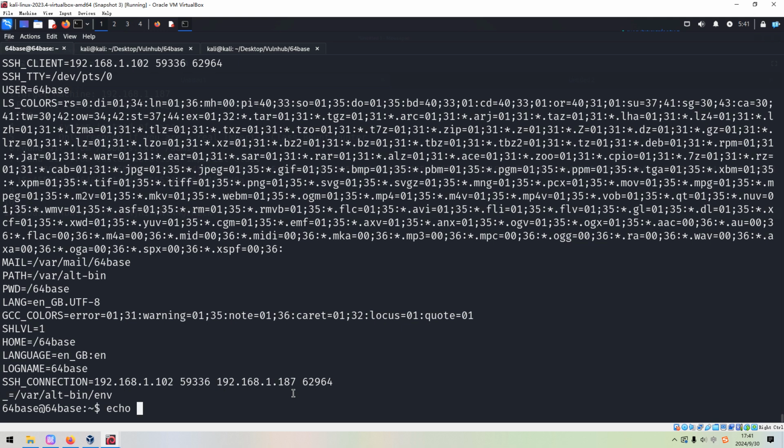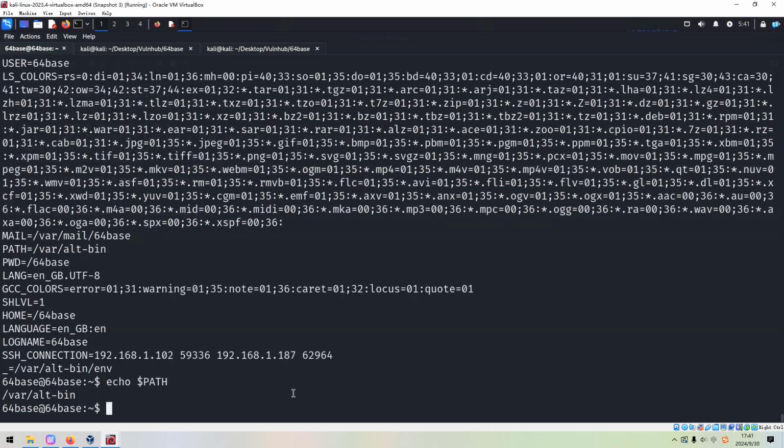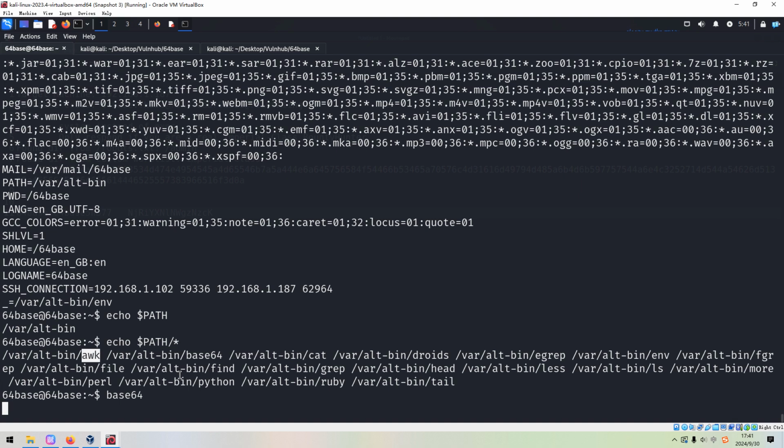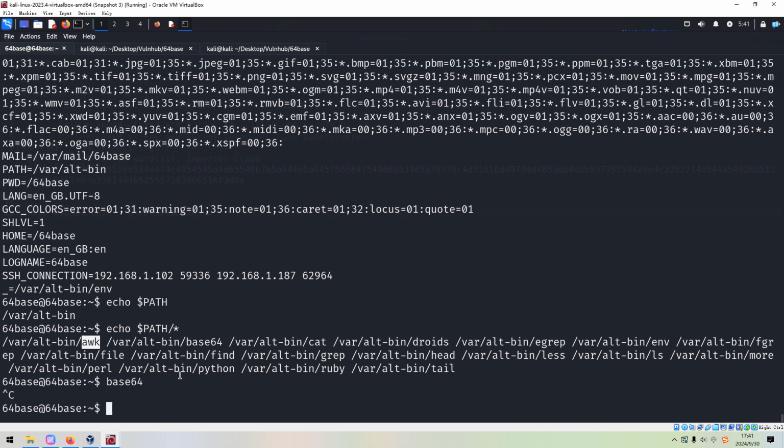Can we echo the path? Can we echo? Oh, we can run awk, base64. Interesting. Okay, base64 can run, the cat can run.